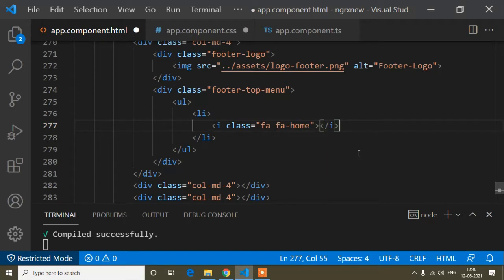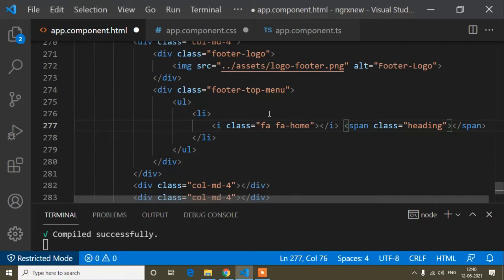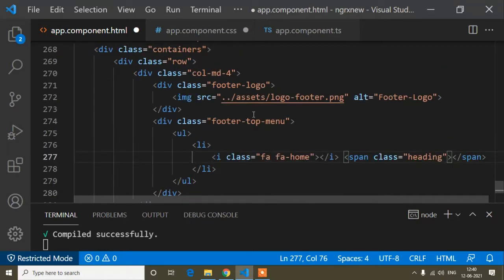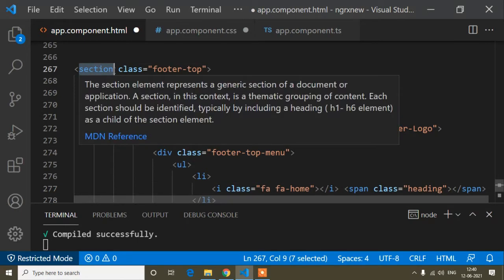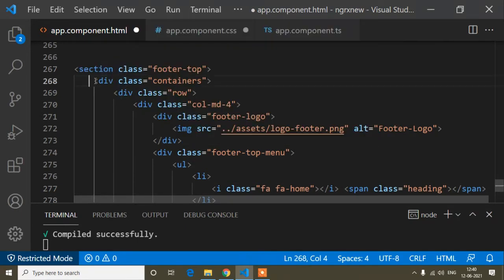So this is done, and now here I will write span. So span, and inside this span class here I will write heading. So guys, what is the difference between span, section, div? So section is the parent. Mostly we use this section tag as a parent, and inside this section there is the child, that is div.